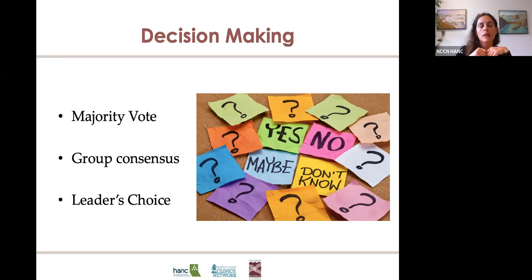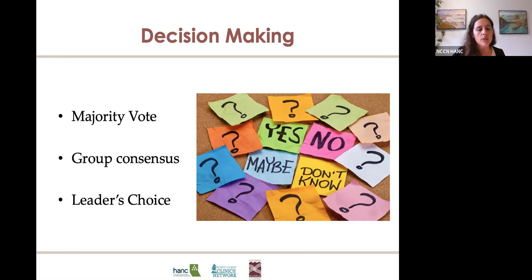We're focusing more on the process and the ideas being put forward, and folks feeling able to say, I'm a little, I want to talk more, or I really need to talk more. So it allows for that conversation to happen. And then folks at the end can vote whether they've reached consensus or not. And in that case, you would just see the green or the white cards remaining. And then leader's choice, of course.